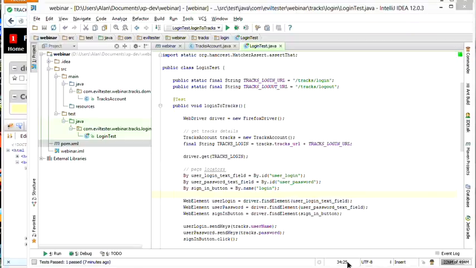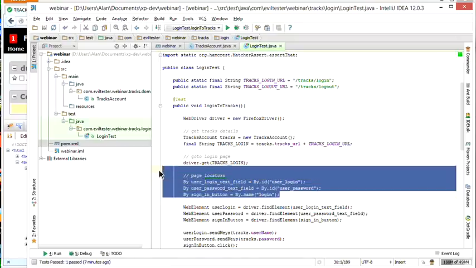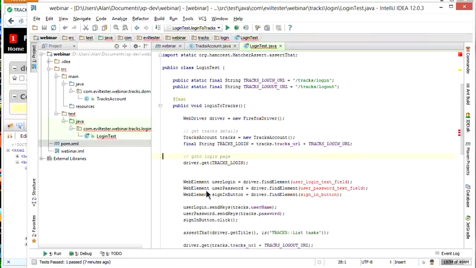Now, I'm actually going to add in a WebDriver wait because I don't really trust that the thing is going to load. So after I've logged in, yep, I'll try and make the code available. I'll create a public repository or something for this and stick all the code out there. So we go to the page. So the page locators,